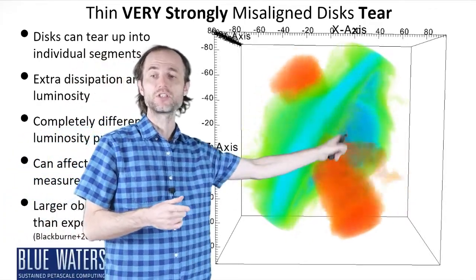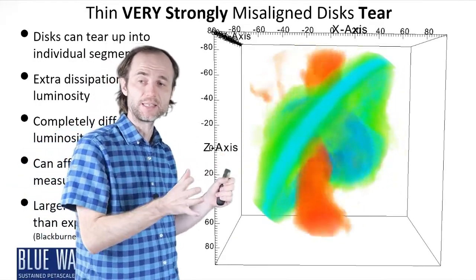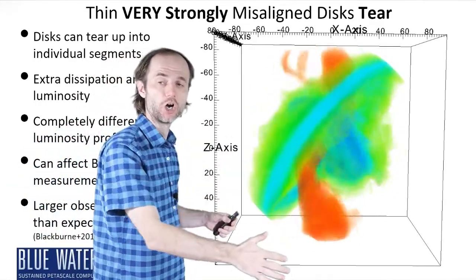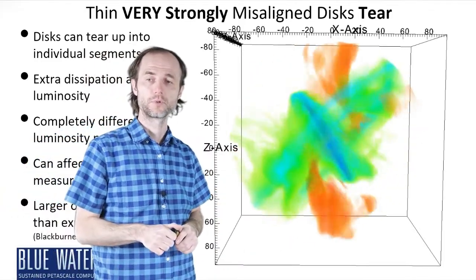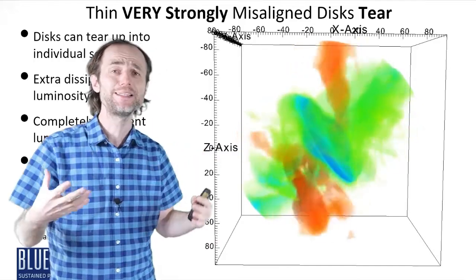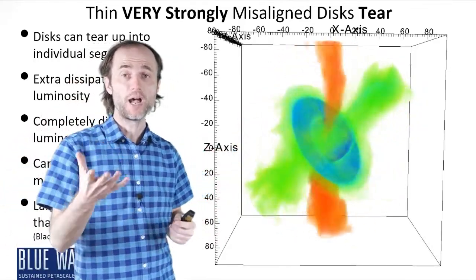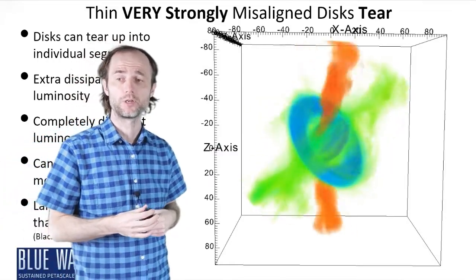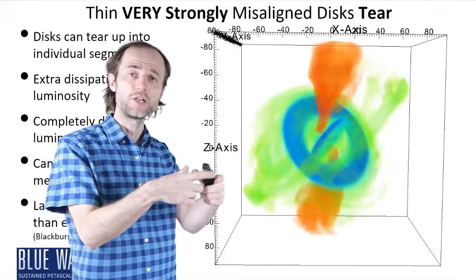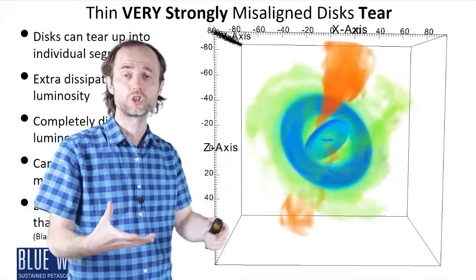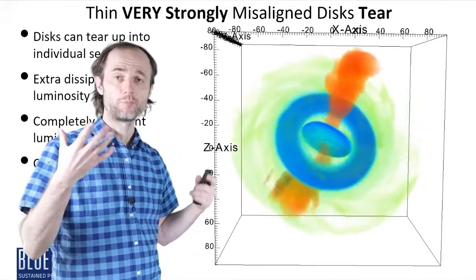You see the inner disk tears off of the outer disk and takes the jets with it. Then these jets slam into the outer disk and completely destroy it, which is spectacular and should lead to fantastic fireworks on the sky, which are yet to be explored theoretically. And as you can see, the disk is at it. It continues tearing up into smaller and smaller Matryoshka doll-like structures, and you can see that we're left with several